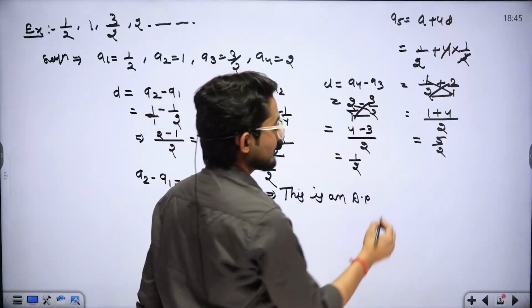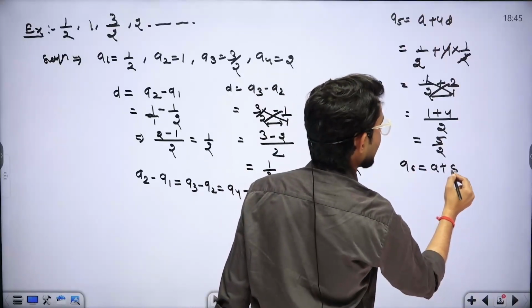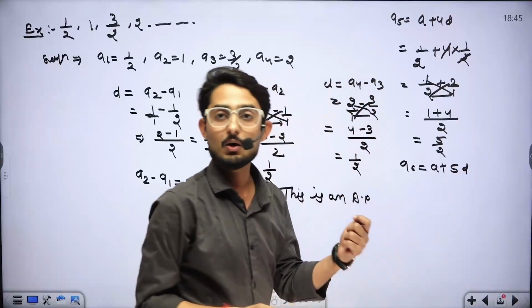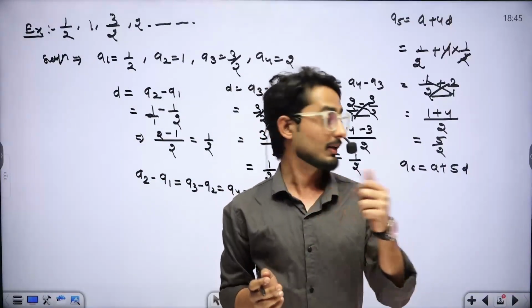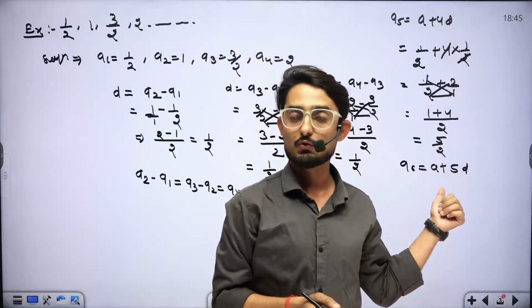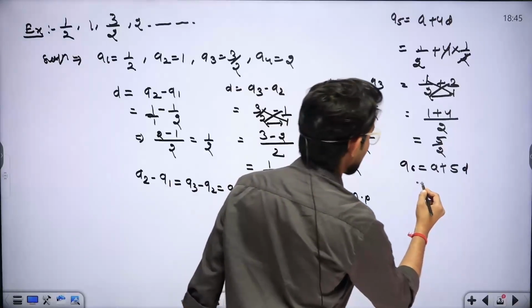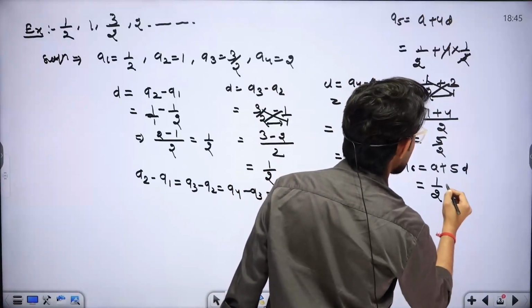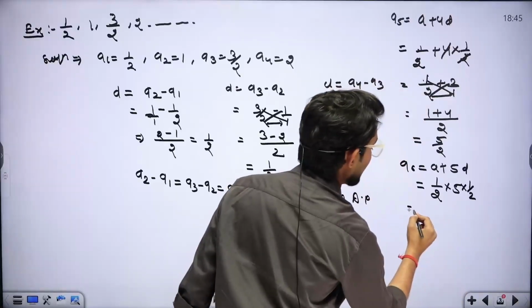Now for finding A6, you can find A6 by A plus how many times D? A plus 5 times D. Because you will always take D one less than the term. If you want to find A6, then you will take A plus 5D. So here A is given as 1 by 2 plus D, which is 5 into 1 by 2. So 1 by 2 plus